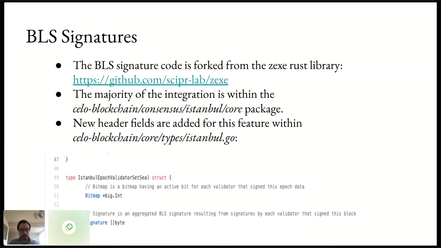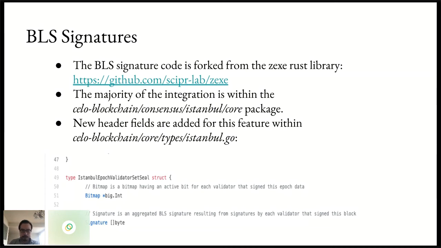And then another important thing is that we had to add new header fields for this. Within this istanbul.go file, it has the definitions of much of the block header fields that we've added. And here you can see that we had to add basically two fields.